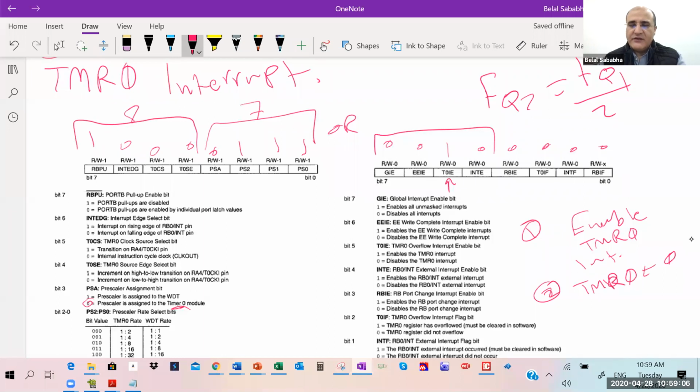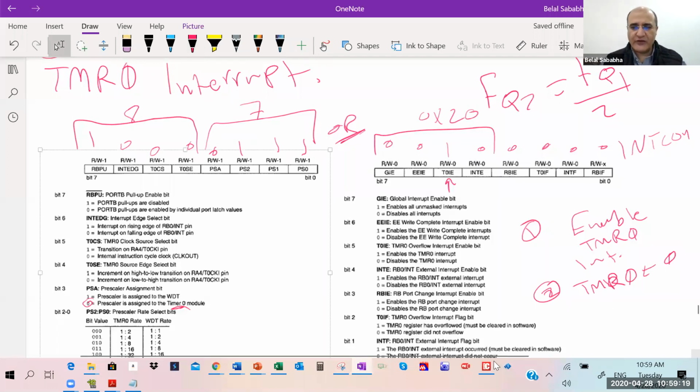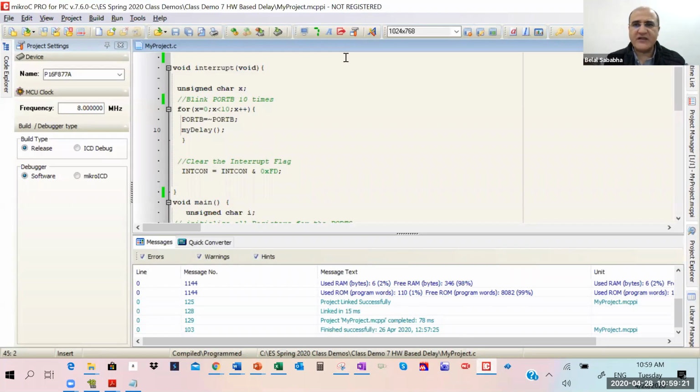And the INTCON register needs to be ORed with a 20, right? So if we go back to our code, and I copied it last time into a new project,